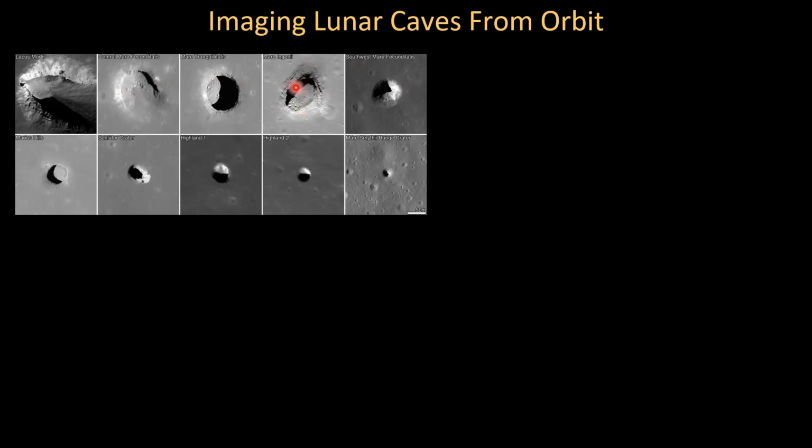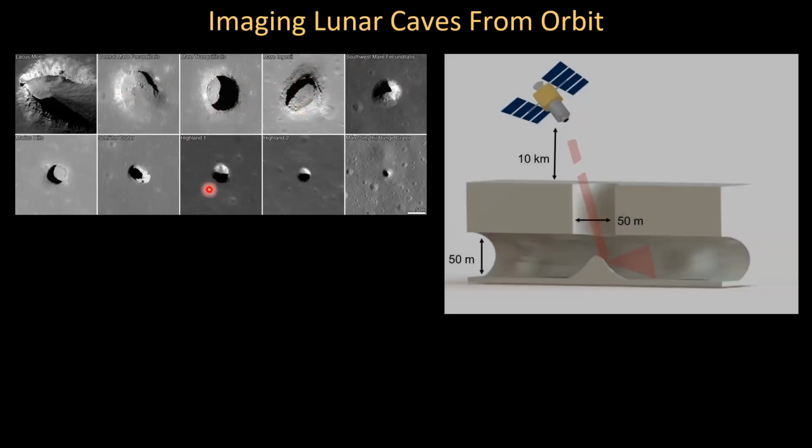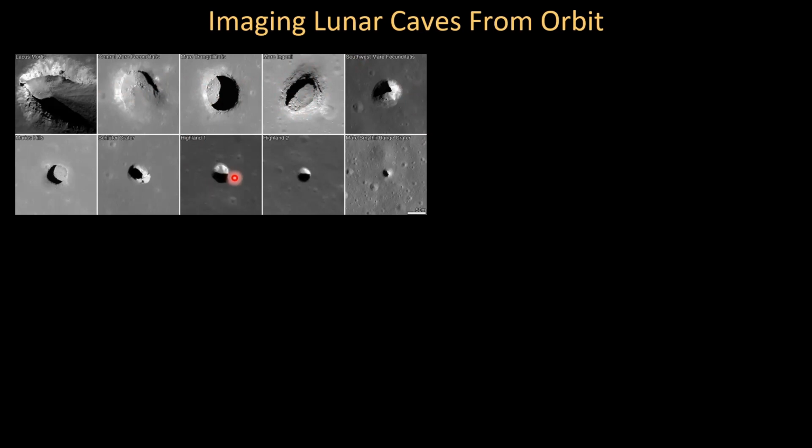So basically, you can see that there's an overhang. There are some examples where you have different perspectives, and you can see there's some parallax, so that there's really an overhang over there. There are examples of them collapsing along a line, which leads people to believe that these are entrances of caves that probably formed as lava tubes. If there is any kind of molten rock due to volcanic activity, the moon used to have volcanic activity a long time ago, or due to a meteorite impact, you would get little rivers of lava that freeze over and then empty out underneath, and then they can collapse in parts, and you get these lava tubes.